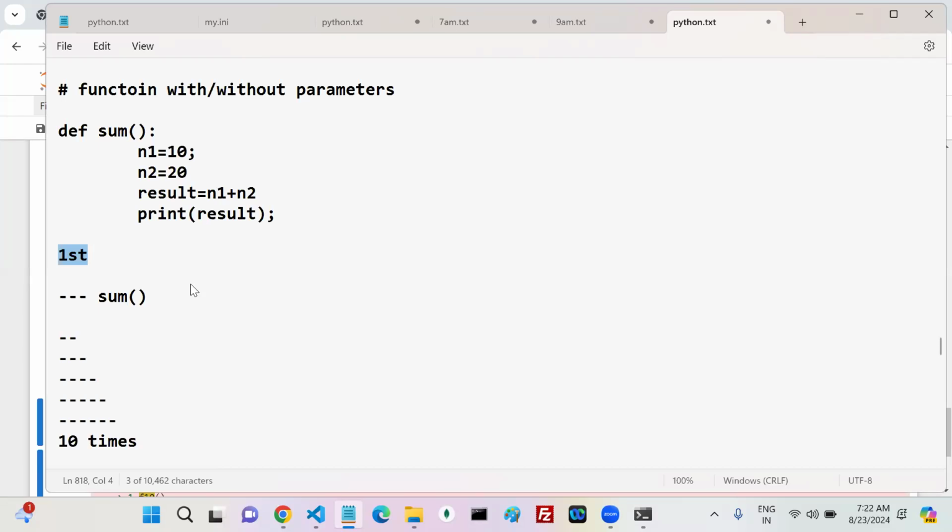200% no, right? First time if you get the result, can you do one thing? I asked you, can you tell me the 10 and 20 sum? Whenever you give the sum to me, can I store it somewhere? Next time whenever I want it, instead of reaching you, I already stored that result, right? Can I use that result the remaining 9 times? Yes or no? Which one is recommended? Every time you want me to ask, that is one option. Another one is whenever you give the result the first time, I know I want the same result 9 more times.